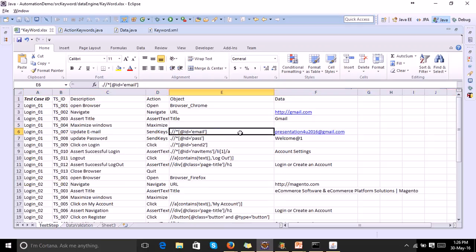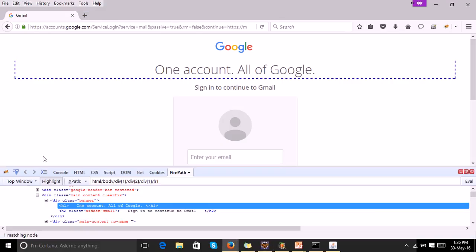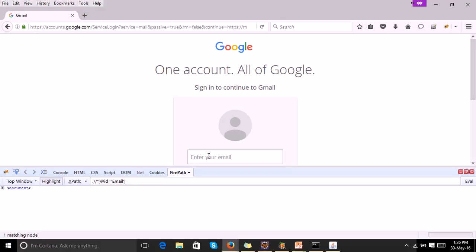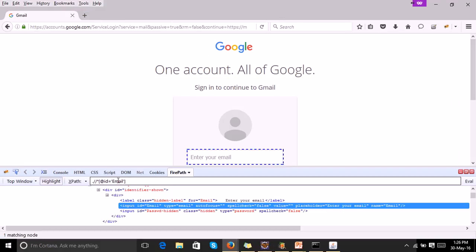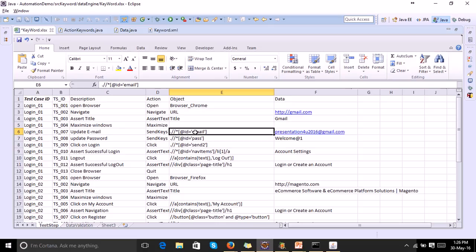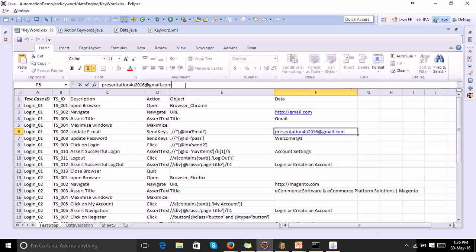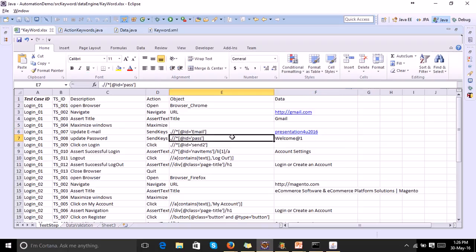And in the email process, I am just going to put in my mail ID over here in this slot, where ID is equal to email. ID is equal to email, and this mail ID is going to go in there. To put your mail ID on Gmail, you need not have @gmail.com. And then we have